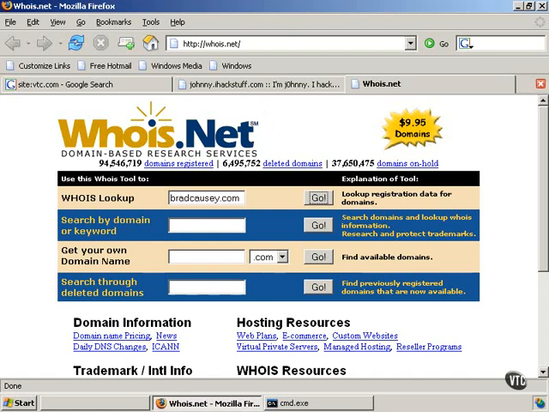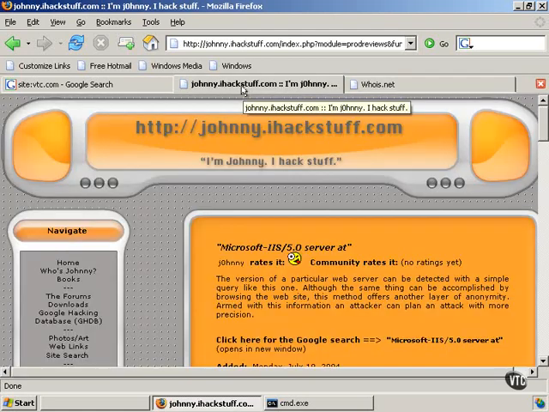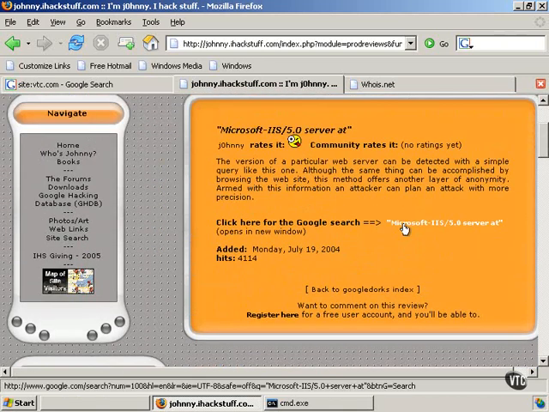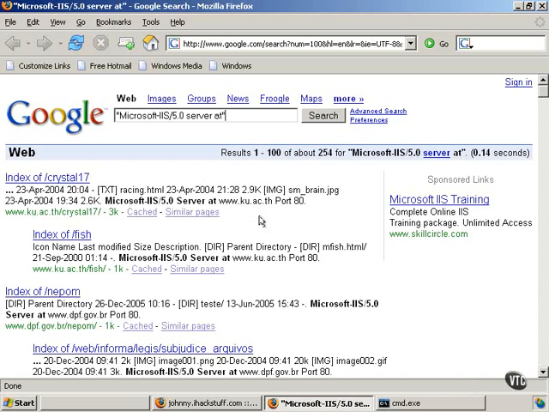The last tool I want to demo for you on the topic of reconnaissance is johnny.ihackstuff.com. I'm just going to show you one example from the Google hacking database, which is this particular search query, which is looking for Microsoft IIS 5.0 servers. Notice that it gives you the DNS name associated with that. So in this scenario, if we wanted to look at that, we could say,